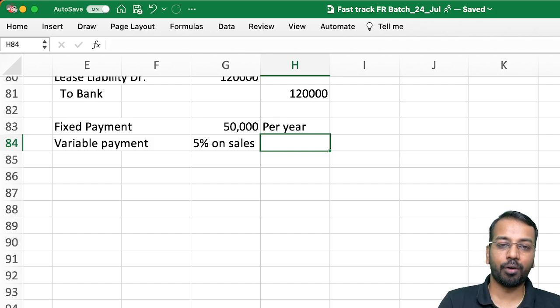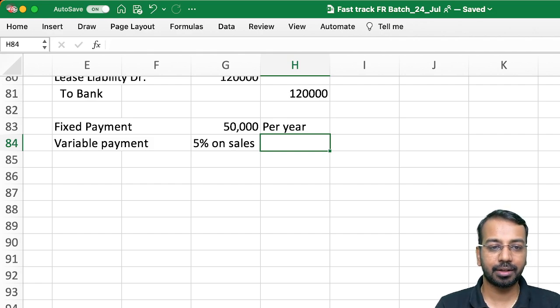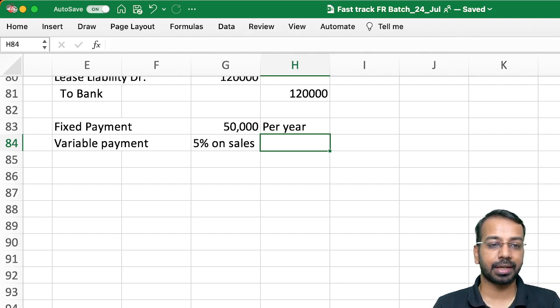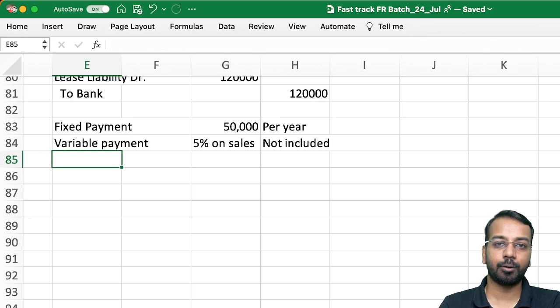Can I say today what this 5% payment will be every year? I will not be able to say, because the variable payment depends on sales. Sales are futuristic, right? So if there is a variable payment like this, it is not included. But sometimes there is a contract clause which says variable payment of 5% on sales subject to